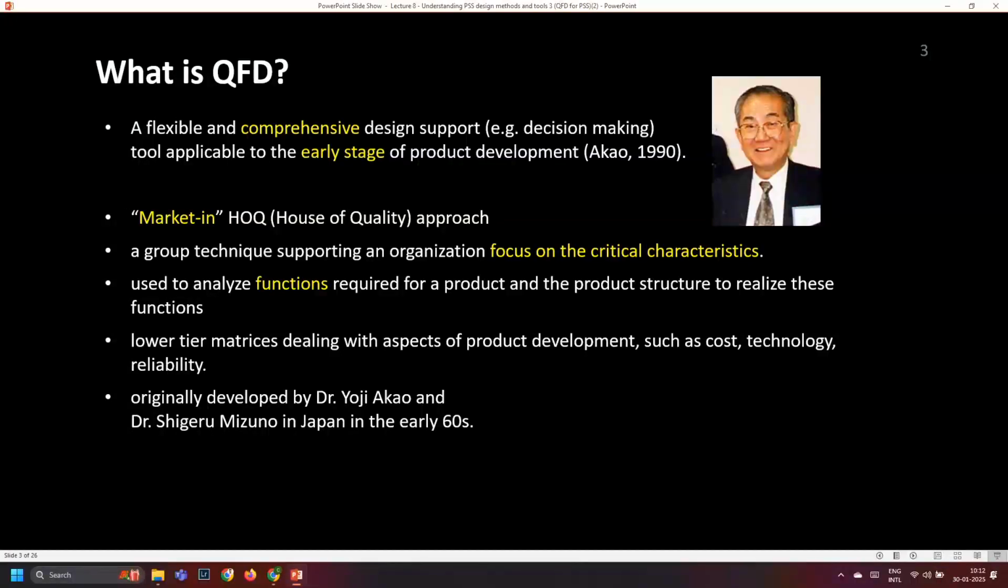So what is the cornerstone? It's traditional QFD, quality function deployment, which was developed mainly for products and partly for service, but not for PSS. So that's the gap. That was the gap that we filled. But just for a recap,